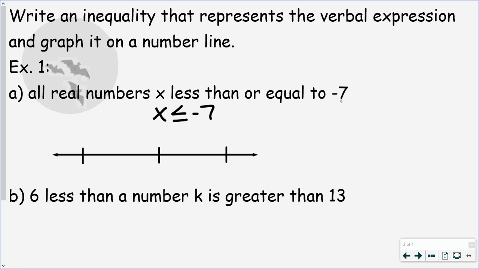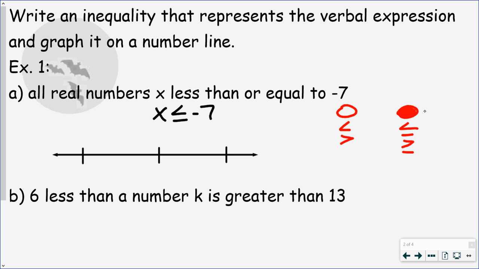Now we're graphing inequalities. We're either going to graph it with what we call a solid circle or an open circle. If the symbol does not have the line underneath it, meaning or equal to, then we use the open circle. If the symbol has the line underneath it, less than or equal to, greater than or equal to, then,